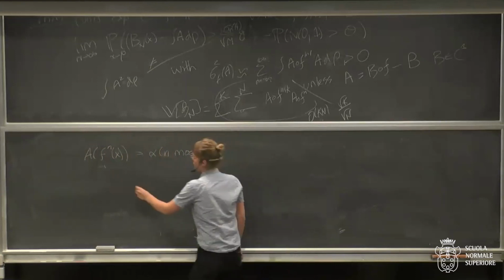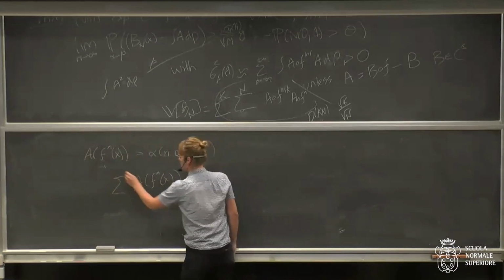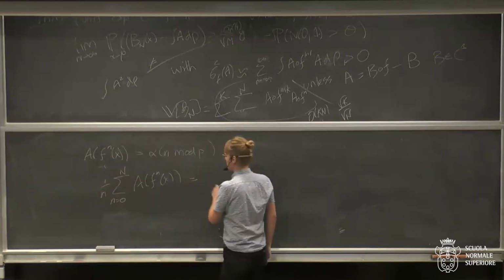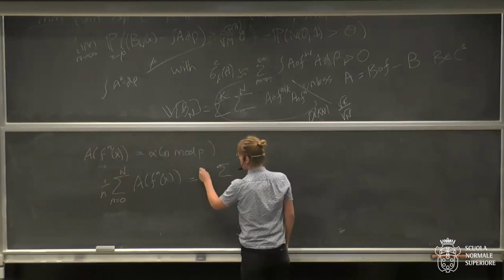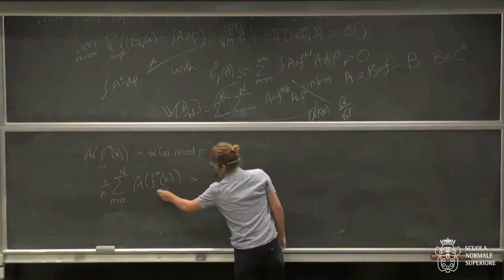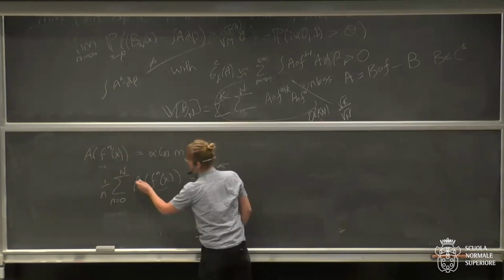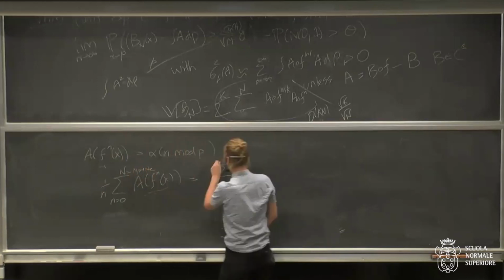If you take a Birkhoff mean, you're going to just sum a lot of periodic guys. So if n is equal to, let's say, n1 p plus n2, you get